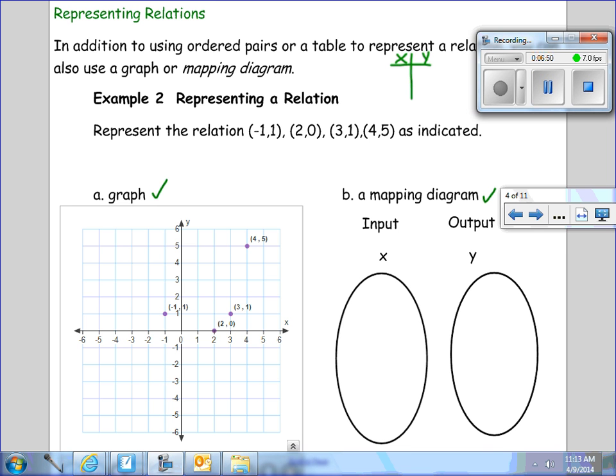Now in our B, in the mapping diagram, I'm going to fill those in and come back and check. So you're going to notice in your text what a mapping diagram is, and it looks similar to this. So if you're asked to illustrate a mapping diagram, it will look like this. Both of these